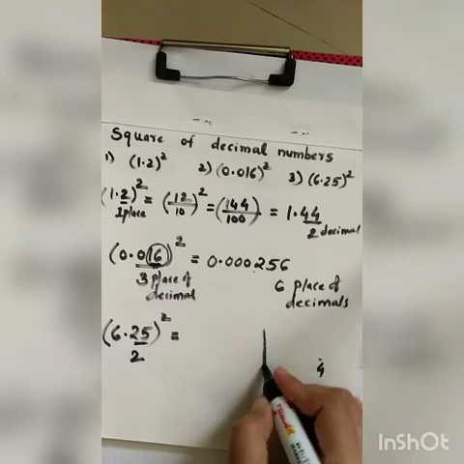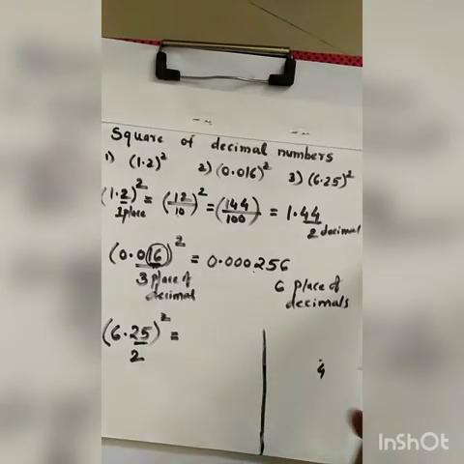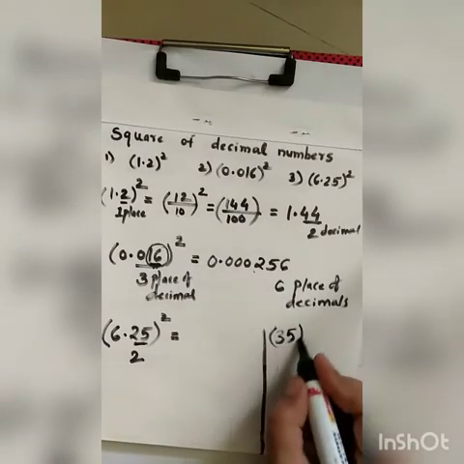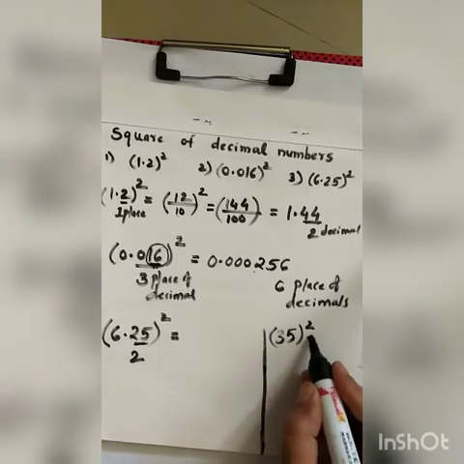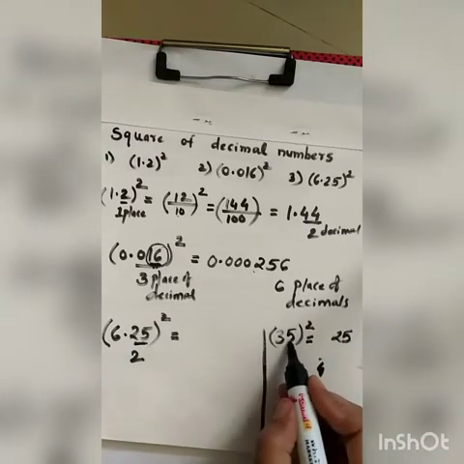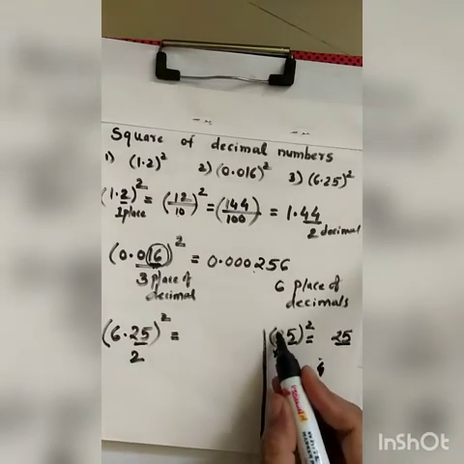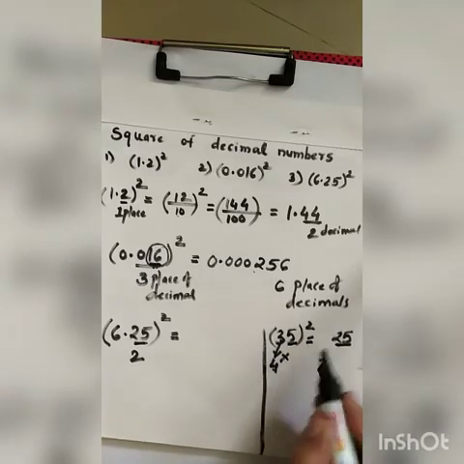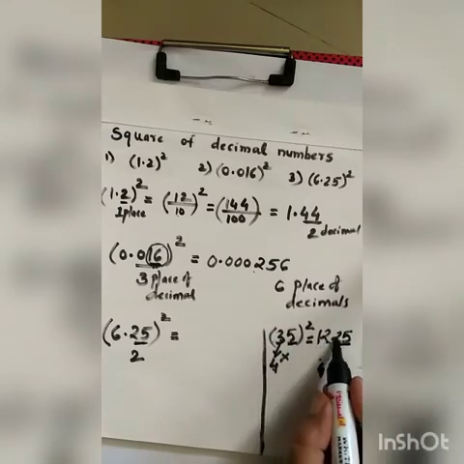It's a very simple trick and I think you all have learned it in the pattern chapter of your 5th standard. Suppose a number is 35 and you have to find the square of 35. If 5 is at the end, then 25 must be at the end of the square number. So for 5 it will be 25 in the last. Now what is the successor of 3? The successor of 3 is 4. Now multiply it: 3 times 4 is 12. So the square of 35 is 1225.